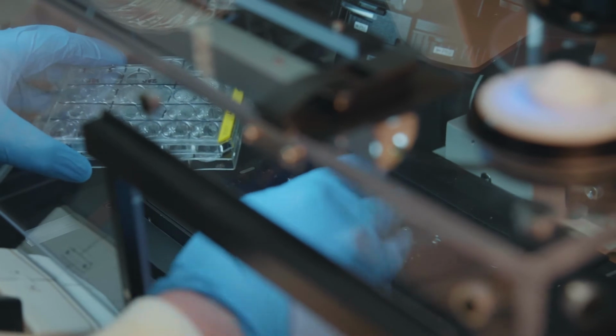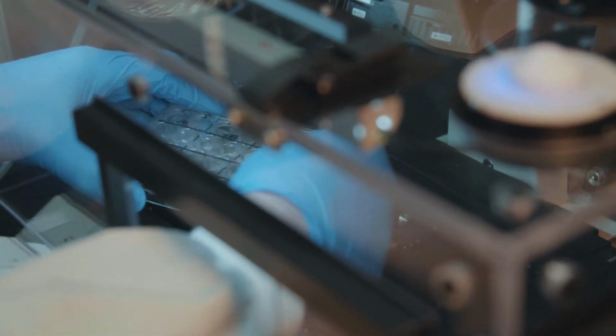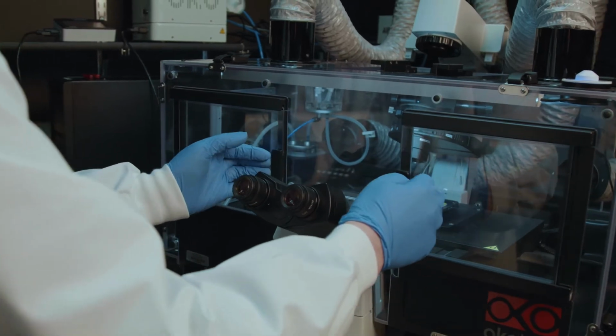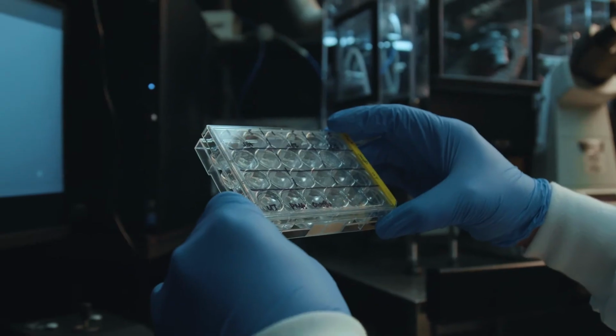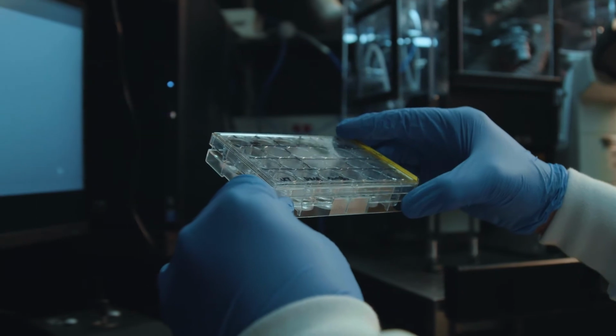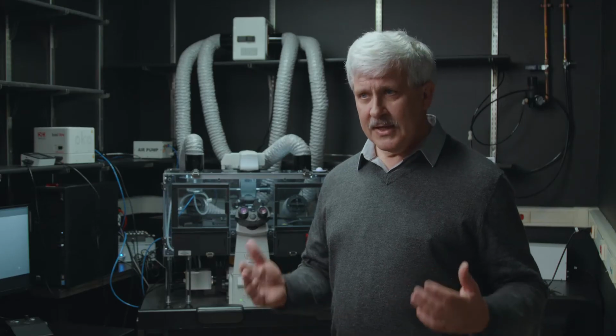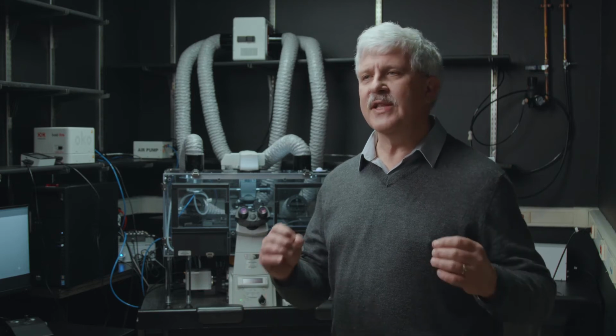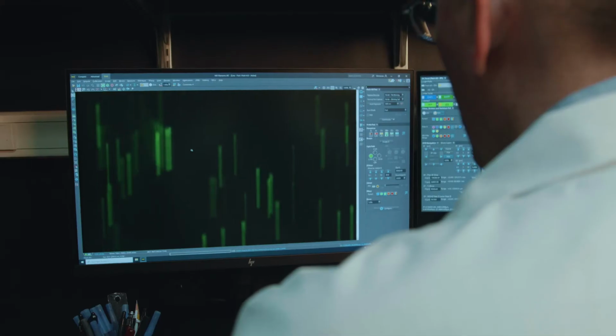We have this chamber around it because we can use this microscope to look at live cells. When we're growing live cells, they need to have certain conditions to keep them happy in order to grow properly. We can also look at fixed cells. Fixed cells are chemically treated to keep the cells in a lifelike state so that we can look at them at different points in their process.